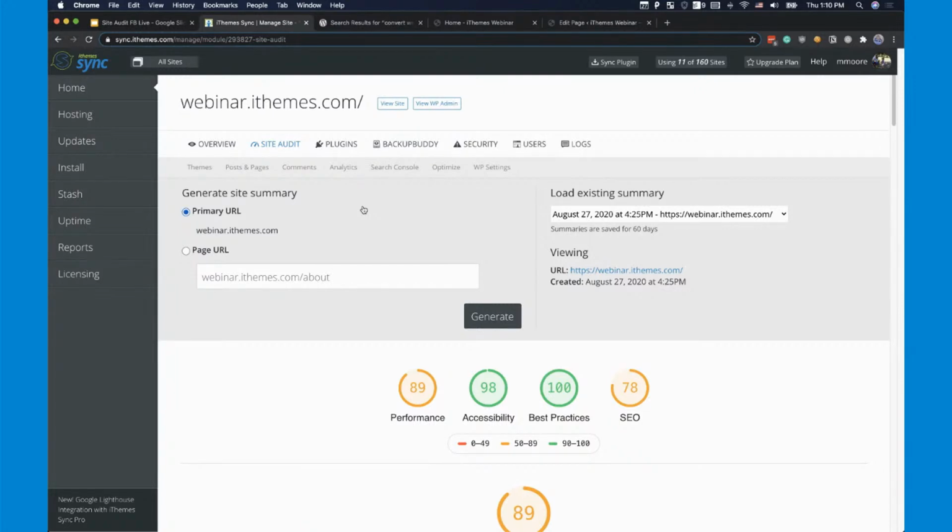So the primary URL, by default, is going to be your canonical domain or your home page. But using the page URL, you can scan a specific page. So let's say that you've created a new landing page and you have items on there that use tools that you haven't used before. So maybe you have a new video plugin, or you're doing some graphics or animation that you haven't used in the past. So before you